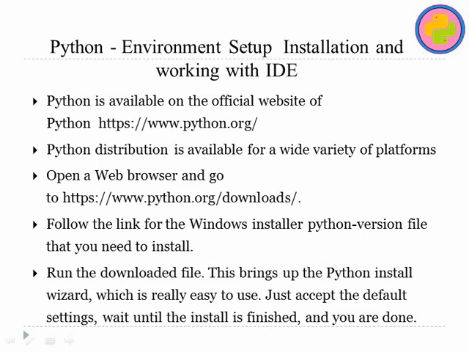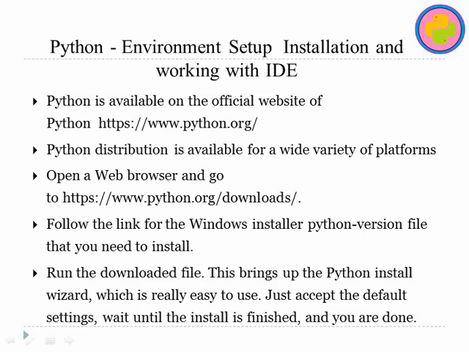There we have to find out which release is compatible with our operating system. If our operating system is Windows 7 or below, then we need Python 3.8 or below, and if it is Windows 8.1 and above, then we need Python 3.9 and above. So we have to download the setup file, install it, and then open it and start with Python programming.